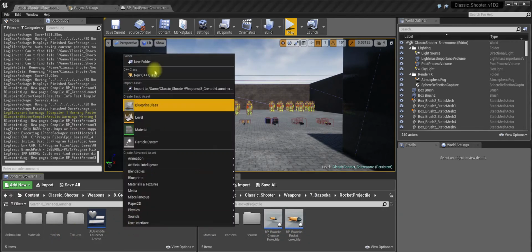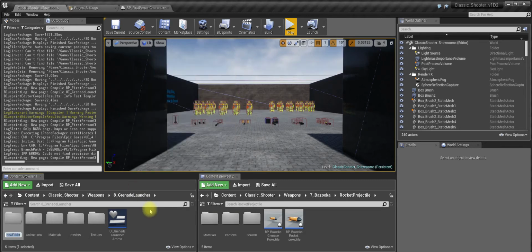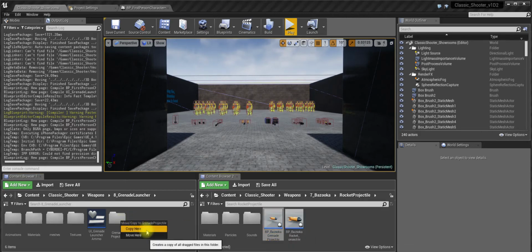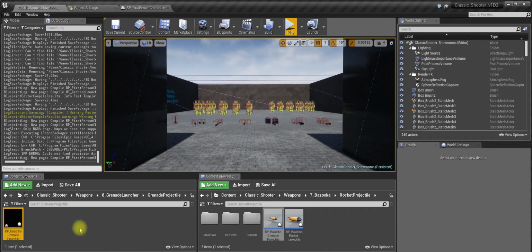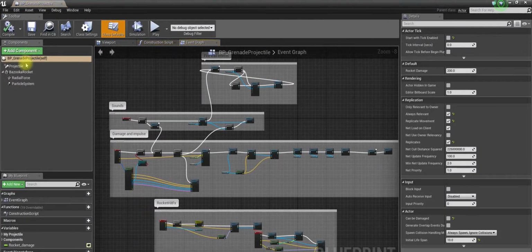In the grenade launcher, we will create a new folder, grenade launcher, just grenade projectile. And we will copy this here and rename it to just grenade projectile. Open it up